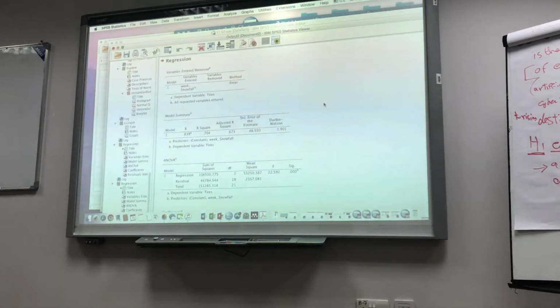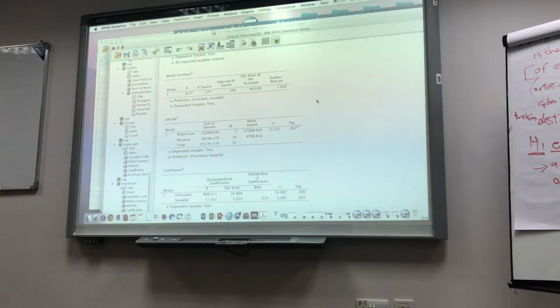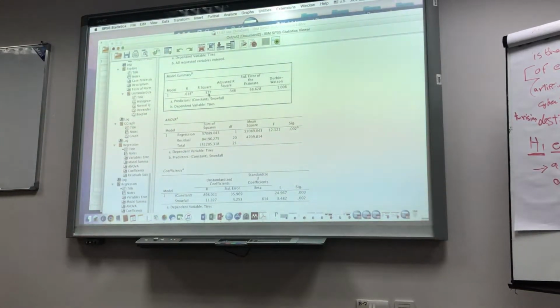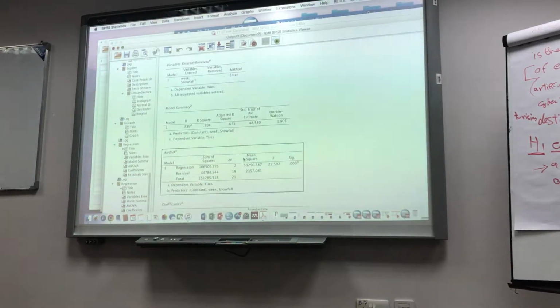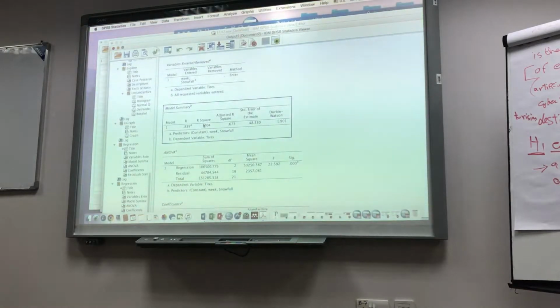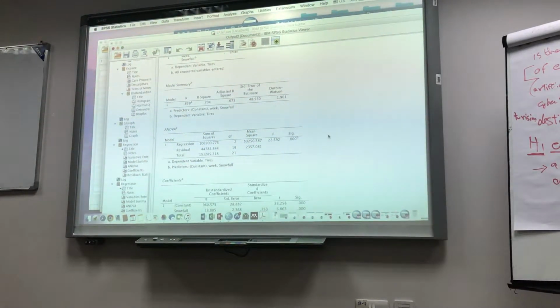You can see the model has been improved a lot. Before, the model was significant, but it only explained 38% of the variance. When I add the week variable, the model is more significant, and it explains about 70% of the variance, which means the majority of the variance is explained by these two variables.